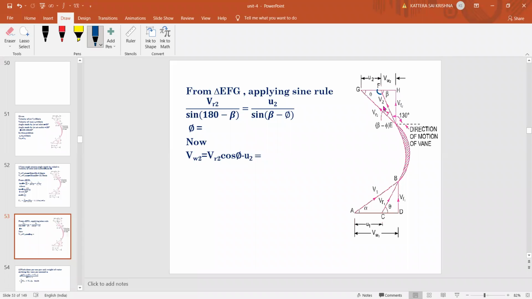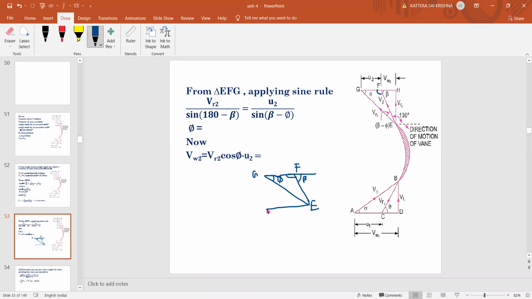So U2 by the opposite angle, which is this one. For this length, the opposite angle is this. So U2 by here, we will get sine of beta minus phi. How? Roughly I will draw here, you can see. Assume it is the G, F, and E triangle. The only thing we know here is this is beta. Now we know this 180 minus beta. We want to know this angle, and this we know as phi. So what is this? You need to find.